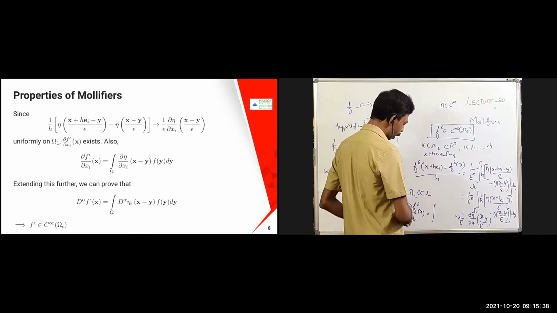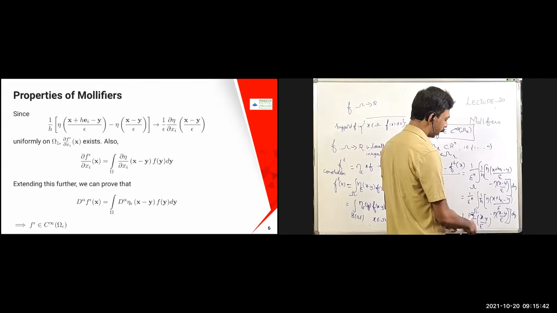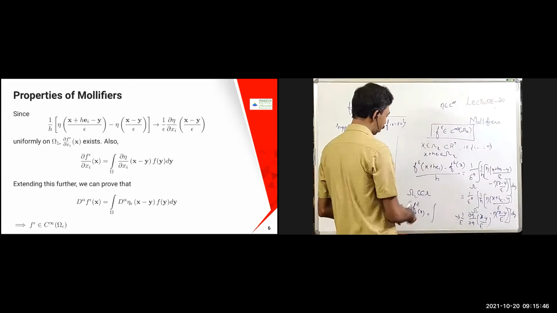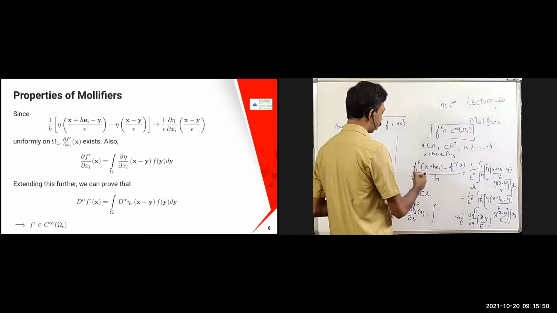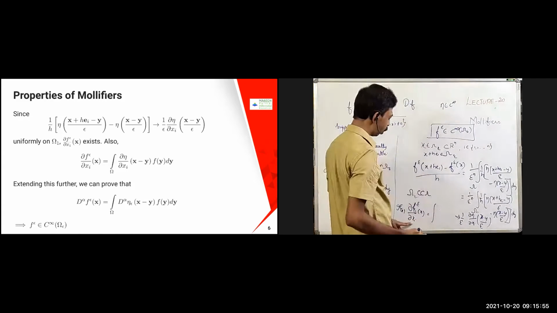Now take g_ε, apply the same definition. Then you are going to get ∂²η/∂x_i ∂x_j coming. Again, apply the same definition, because η belongs to C infinity, therefore g_ε will be there. Now take another one, etcetera. So you can take this as df, you have the proof for df.